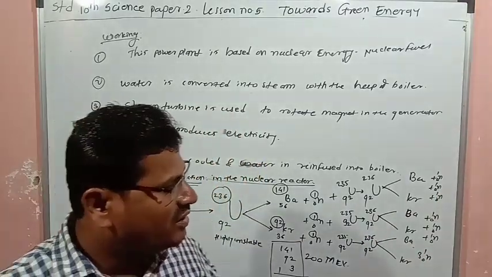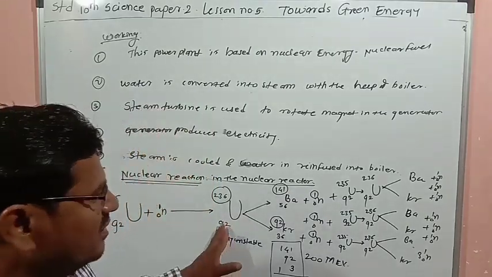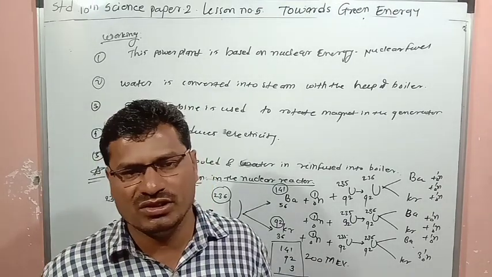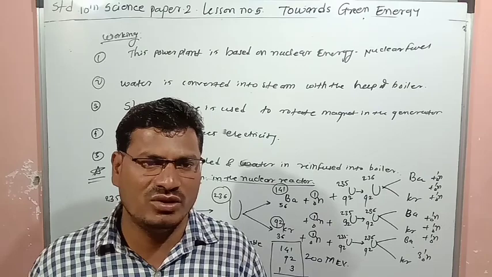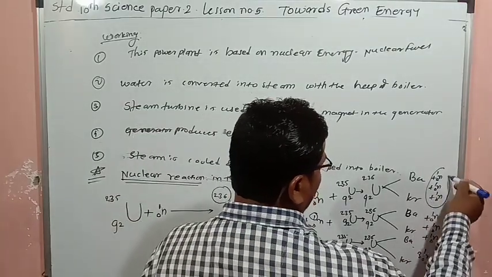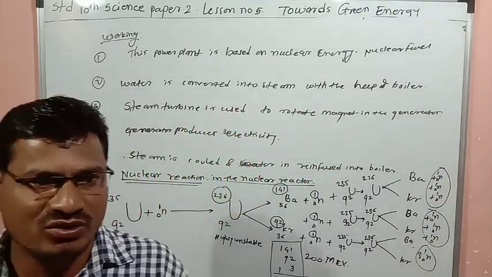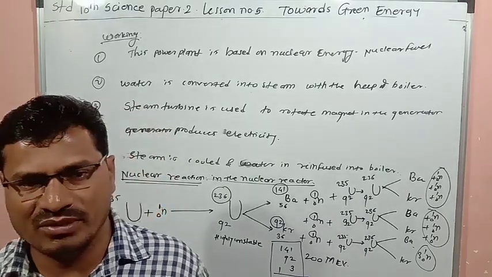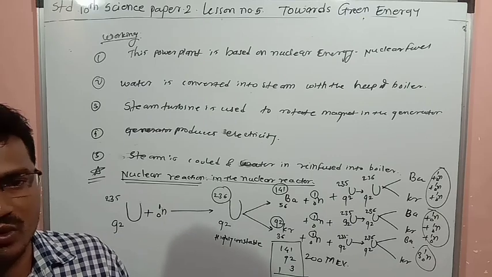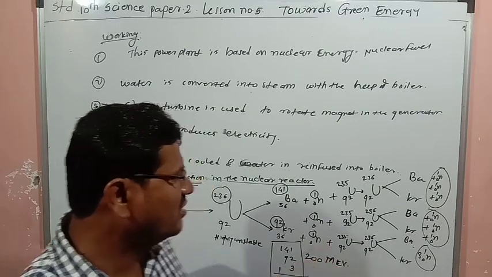Like this, each time the nuclear reaction goes on increasing, and it is not easy to control. So for controlling this nuclear reaction, you should control the production of neutrons, or you should absorb neutrons. If you stop the neutrons, then you can stop the nuclear reaction, and for that cadmium rods or control rods are used. So this one is the nuclear reaction.